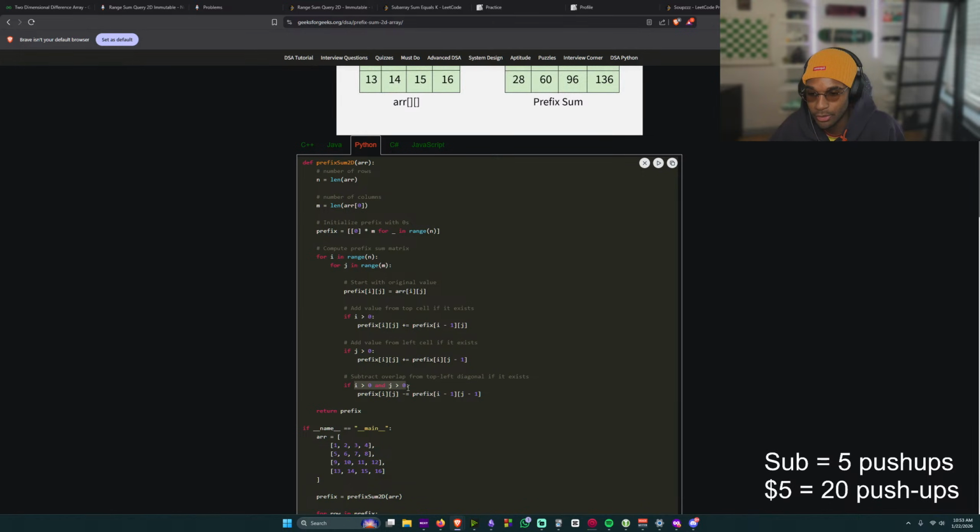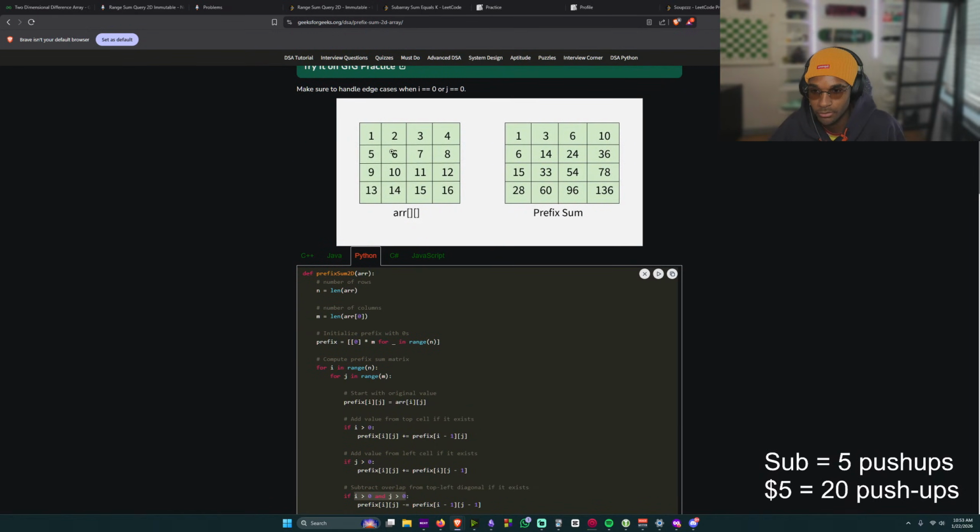If i and j are greater than 0, then prefix minus i minus 1, j minus 1. So if we're at 1, 1, it'd be 0, 0, and we subtract 1. Does that work for anywhere?